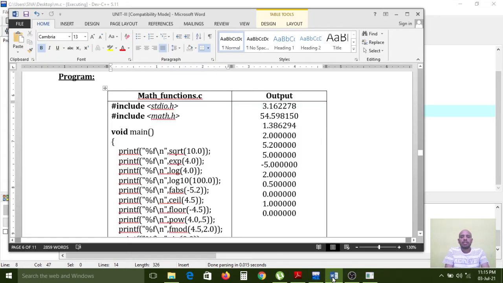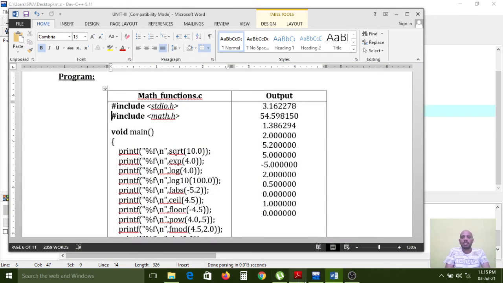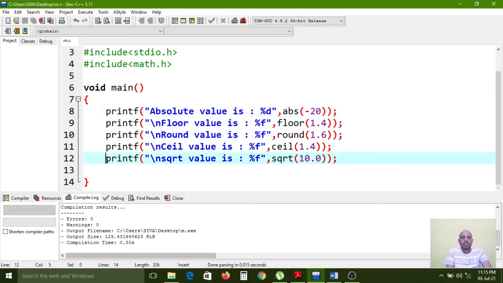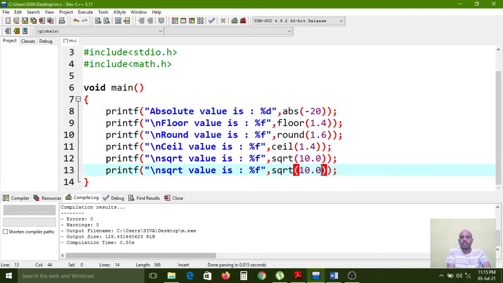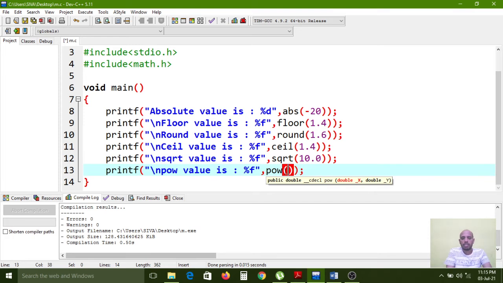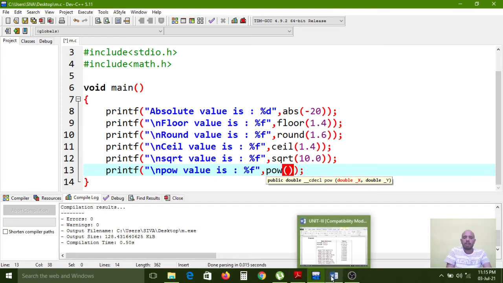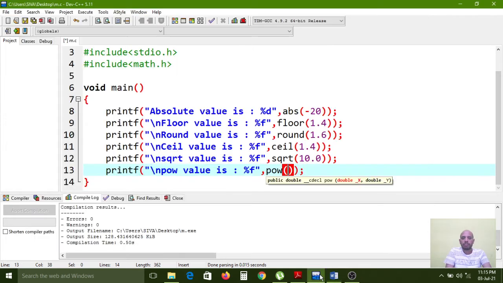So like that. If you want to calculate the power also, simply you can calculate in the same way. So all functions you can use like that if you have any requirement in a real time project. So here I am calculating power, pow. For the power purpose, how many values we want to pass? 2 values I think, right?